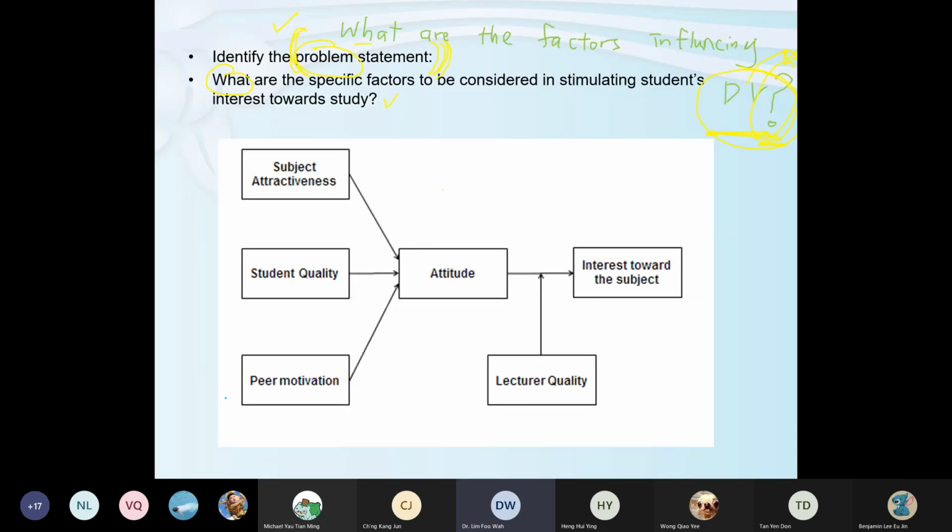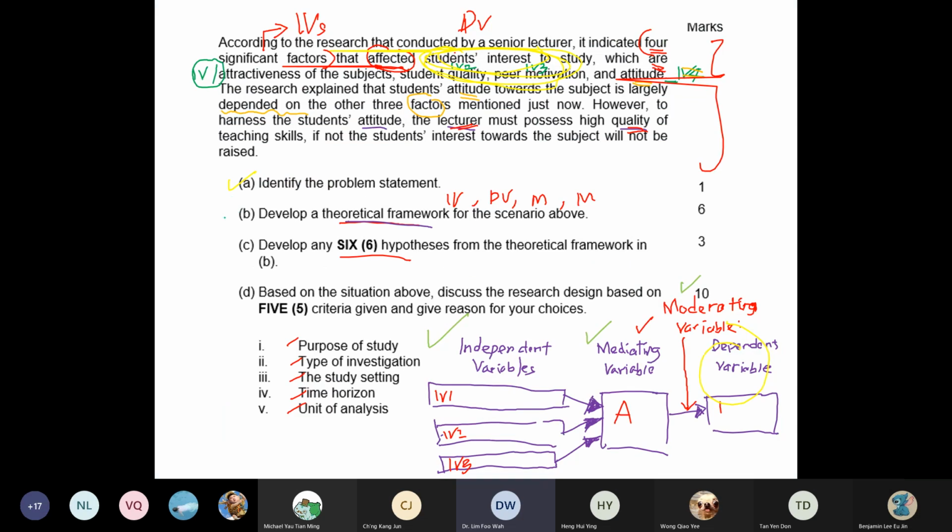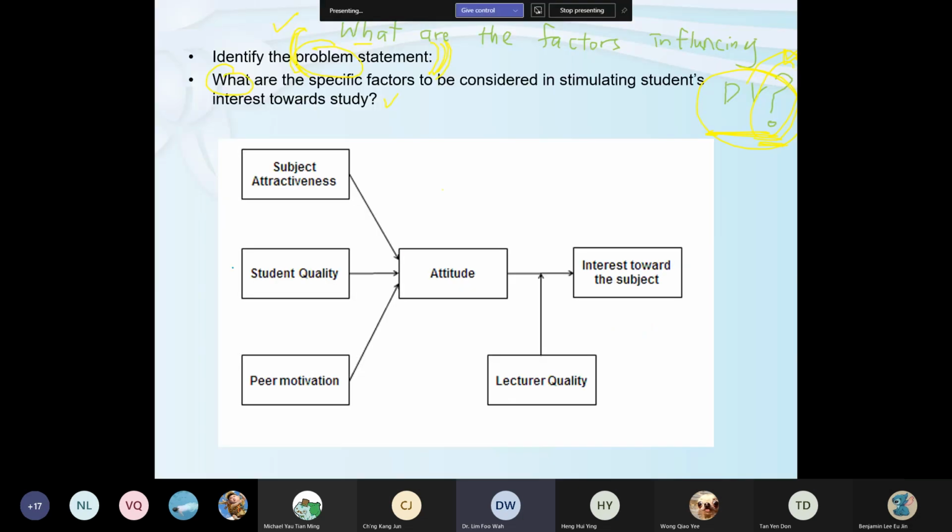Second question, B. Develop a theoretical framework for the scenario above. No need to worry, you already did your framework here. You just copy it inside. Subject attractiveness, student quality, peer motivation. Actually, there's a trap over here. Students who are able to score a better mark in this research framework, don't forget to write